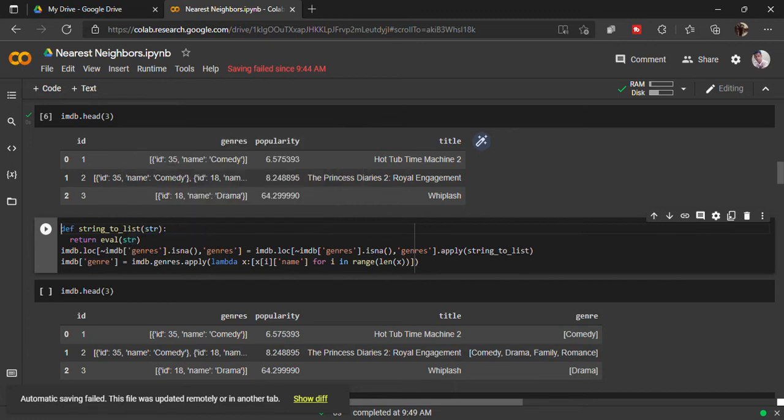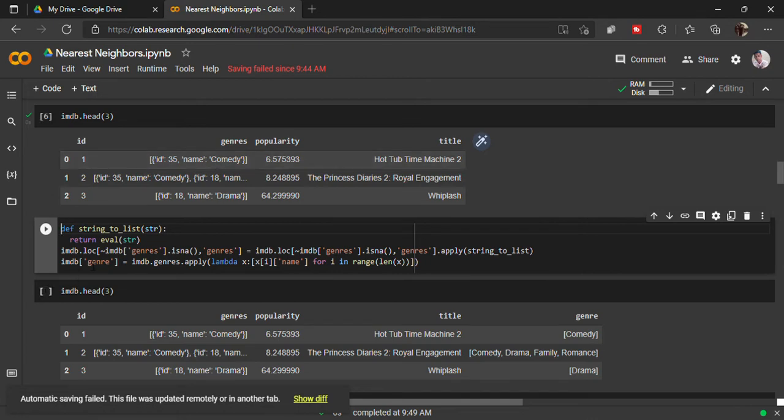This is a dictionary inside a list, so eval will treat the first as a list and the second as a dictionary. Now this is just a string, but after using eval you will be able to treat it as a list and the dictionary inside it as a dictionary.